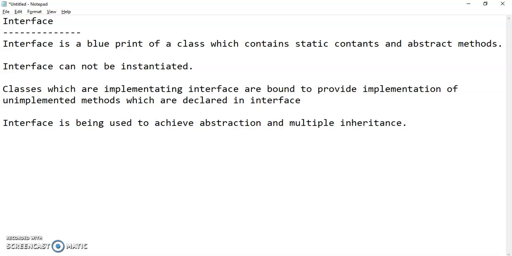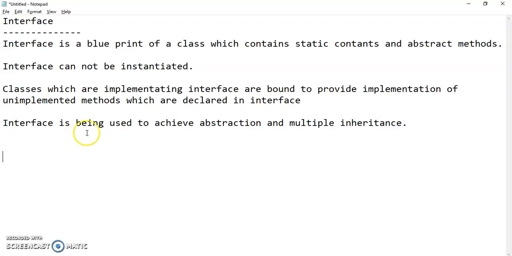When I was teaching you inheritance, I had told you that there is no multiple inheritance in Java. But when it comes to interface, we can achieve multiple inheritance, that I will show you. So interface is being used to achieve abstraction and multiple inheritance. So let's see one example.